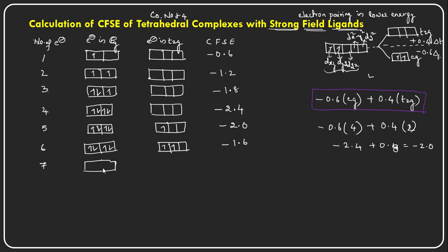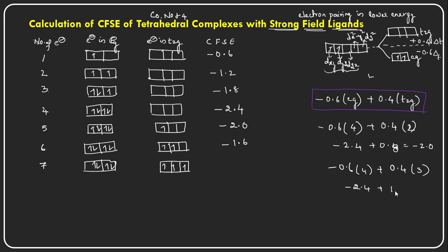The seventh electron enters the T2g orbitals, each one of the T2g orbitals gets one electron now. So minus 0.6 into 4 plus 0.4 into 3, right? So this is minus 2.4, and the plus, this will become